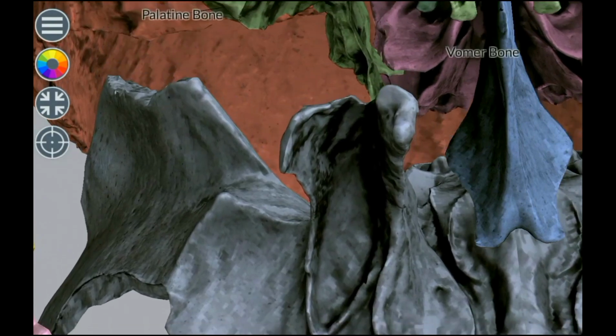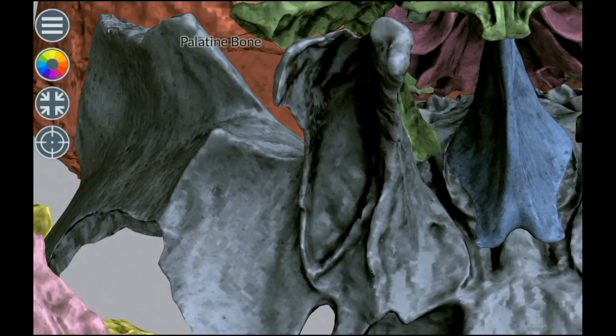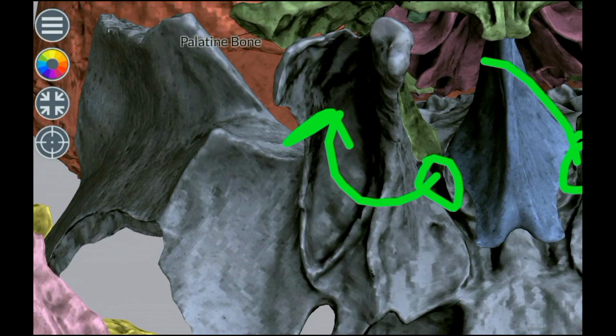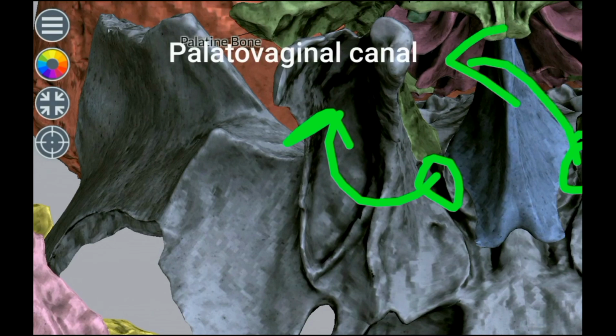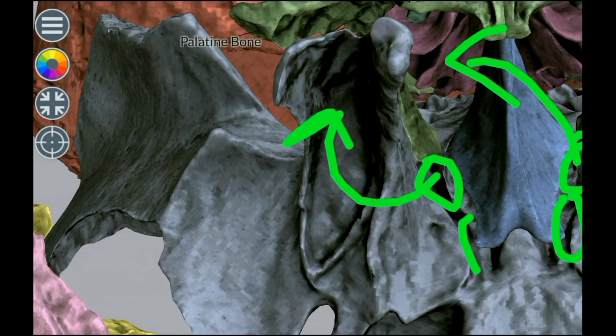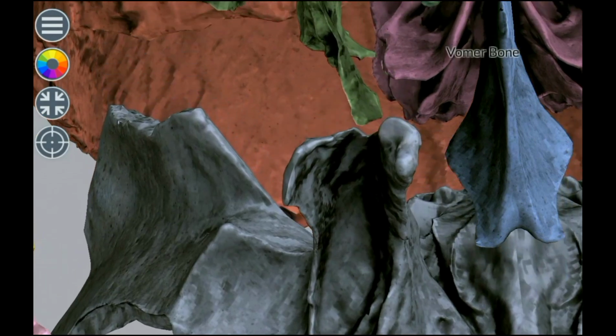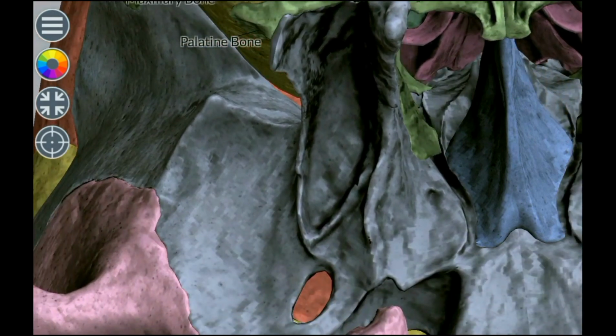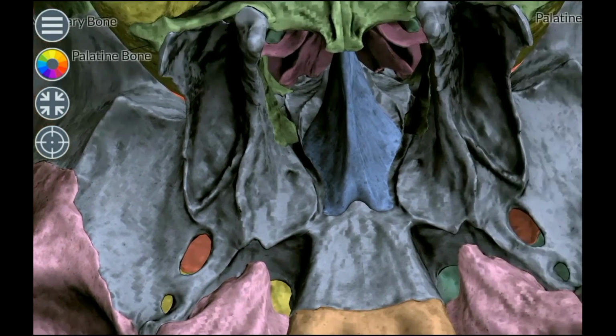The pharyngeal artery is a branch of the third part of the maxillary artery here, you can see, but the vomerovaginal canal does not pass anything. That is the palatinovaginal canal formed between the palatine bone and the vaginal process of the medial pterygoid plate. You can see the palatinovaginal canal, and this is what you see on either side of the diverging alae of the vomer: the vomerovaginal canal and the palatinovaginal canal.